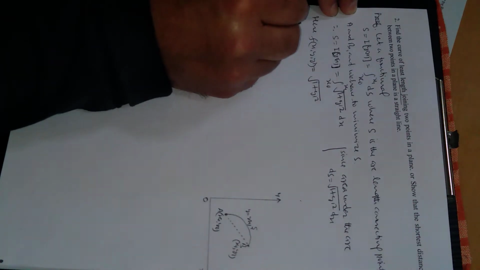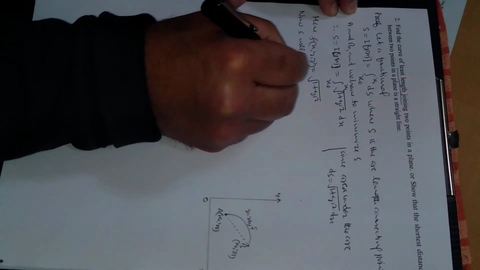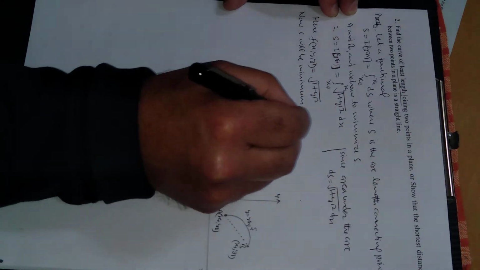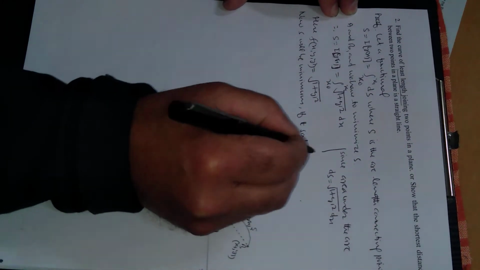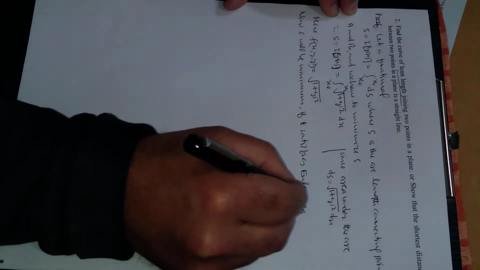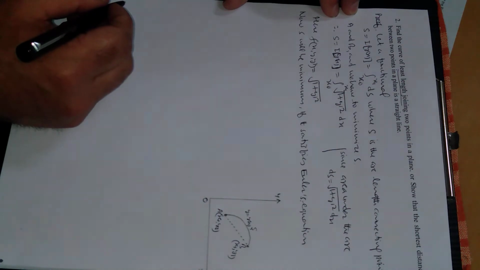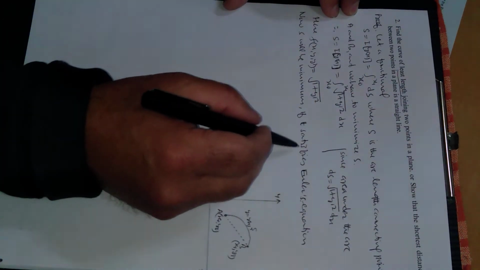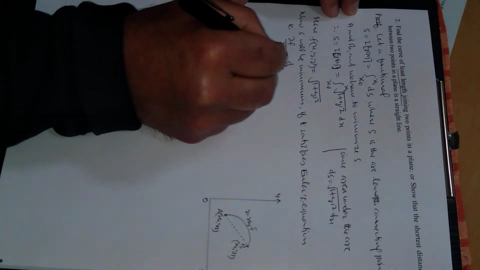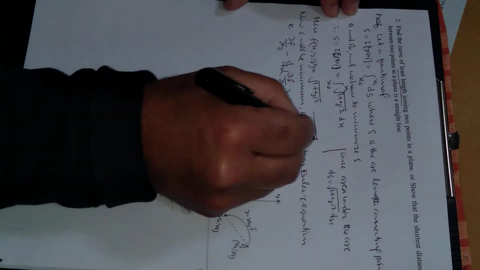Now s will be minimum. When will s be minimum? If it satisfies Euler's equation. When it satisfies the Euler equation, because we know the necessary condition for existence of the extremal: s will be minimum if it satisfies the Euler equation, that is partial f with respect to y minus d upon dx of partial derivative of f with respect to y dash. This must be equal to 0. Let us call this equation number 1.